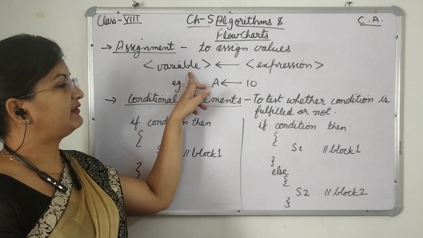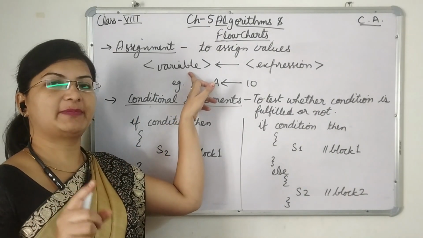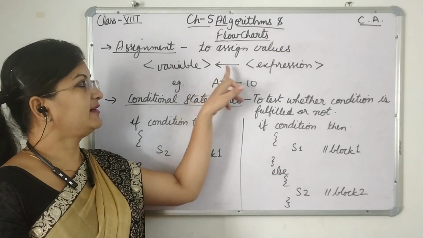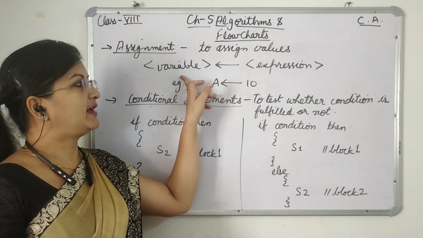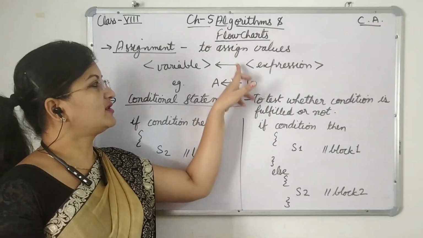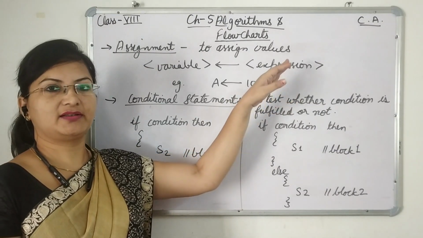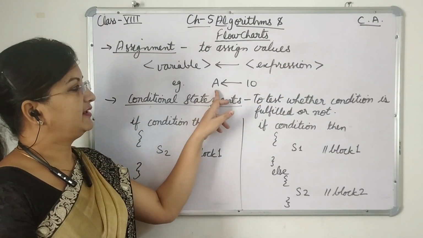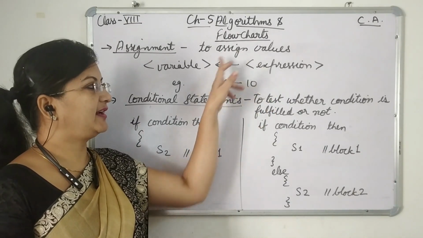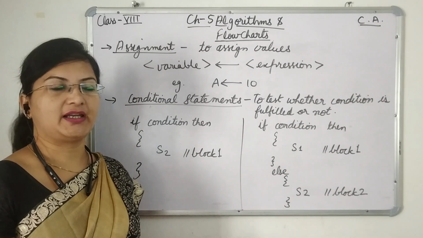Okay. So here there will be a variable. You have to write the variable here. Variables, I told you in the previous step, declaration of variables. Variables are x, y, z, a, b, c, d, m, n, o, etc. So the variable you have to write on this side, and this is the arrow. It shows that the right hand side value will be assigned to the left hand side variable. So this shows the assignment, and here we have to write the number, value or any character, string, etc. Then here this is the variable. Variable is capital A, and 10 is the value. So we have assigned A equals to 10. That means now 10 will be stored in the variable A.